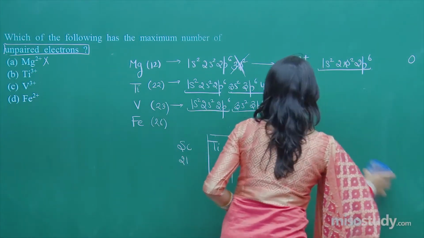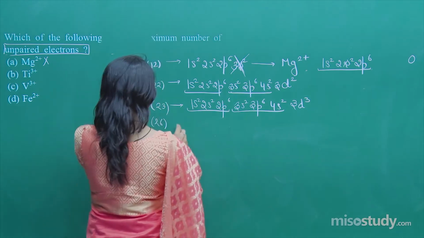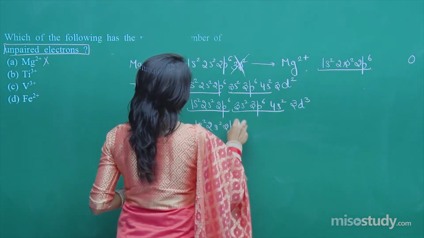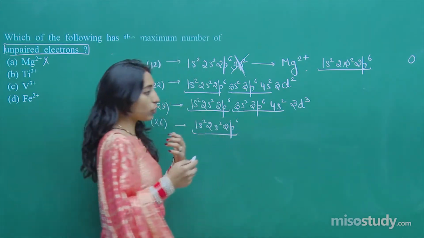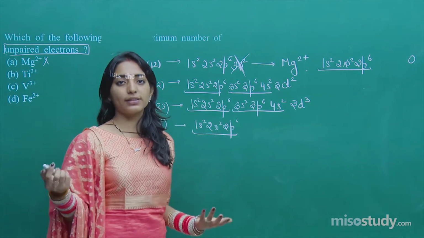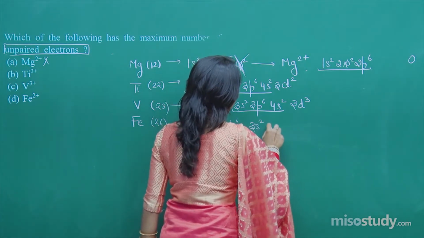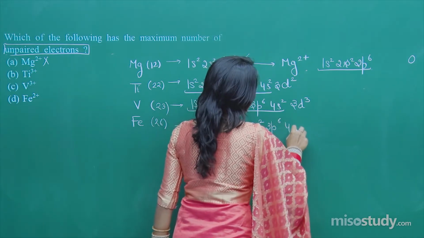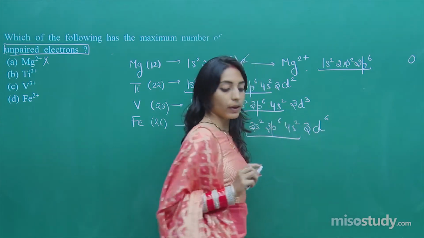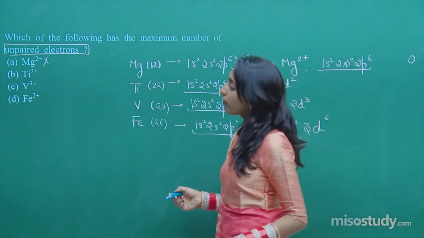Now moving on to electronic configuration of iron. So iron will again be 1s2, 2s2, 2p6. If you don't want to write, you can skip writing down this 1s2, 2s2, 2p6. This is easy. But still I have to explain it, so I am explaining the details. 3s2, 3p6, 4s2, 3d6. Okay. Now let's talk about the electronic configuration of ions.